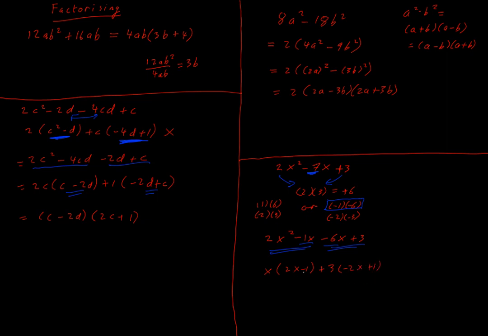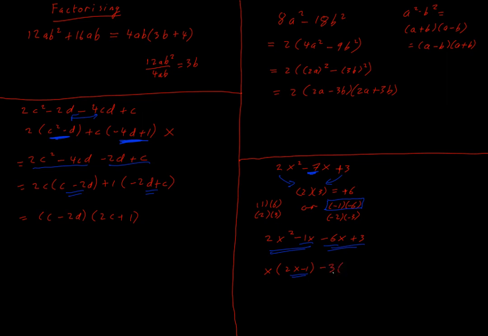I want the same thing in both of these brackets. I want this to be the same as this. So what can I do in order to change the sign in my second bracket? I can take out minus 3 as a common factor instead of plus 3. So if I do that, if I take out minus 3 as my common factor,